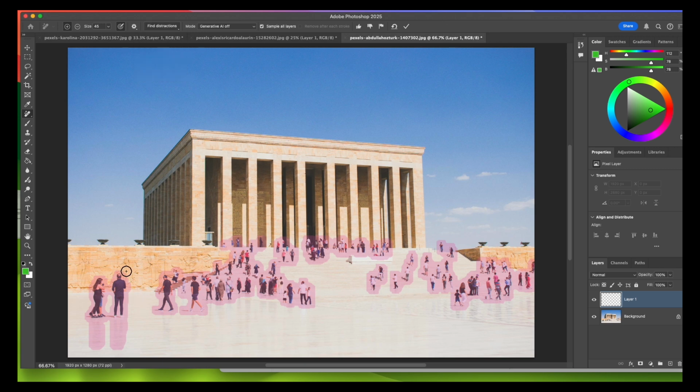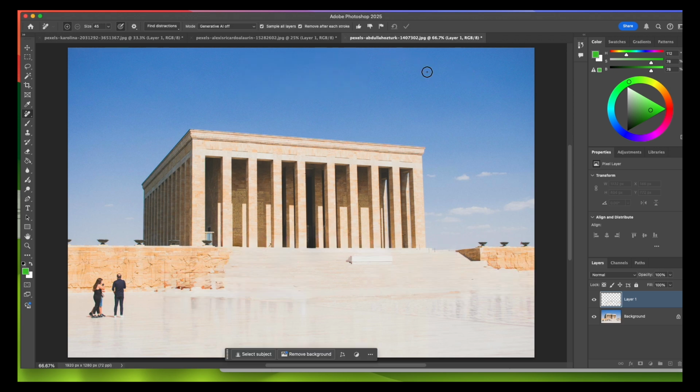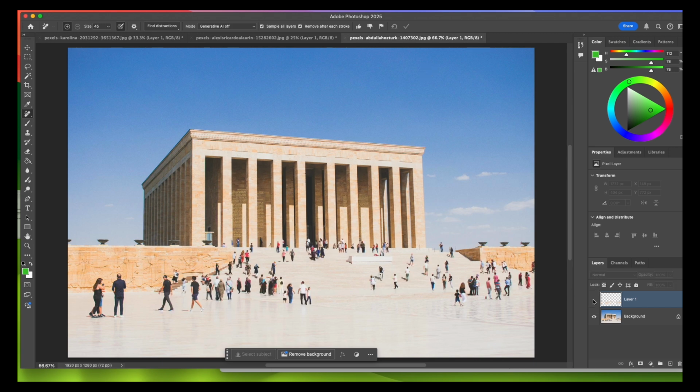So I can remove something which I want to keep here. Like suppose I want to keep this family here. So I'll press Alt. I'll remove this selection so that they will remain here and other people will be removed from this composition. So now let's click on this, and you can see the magic. All people are gone. So this is a very powerful tool,